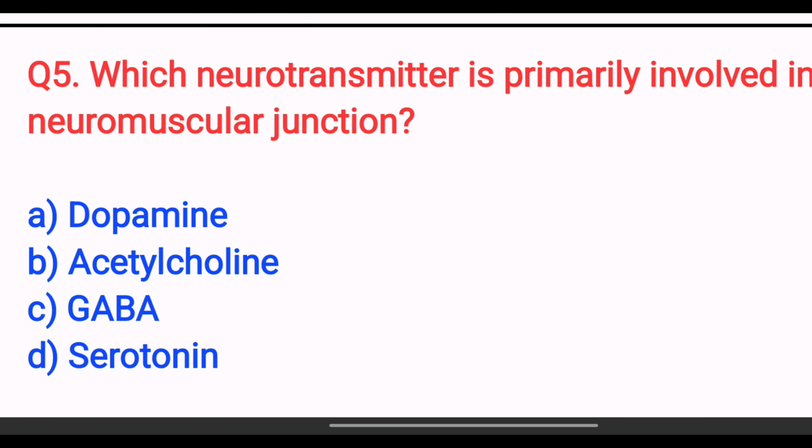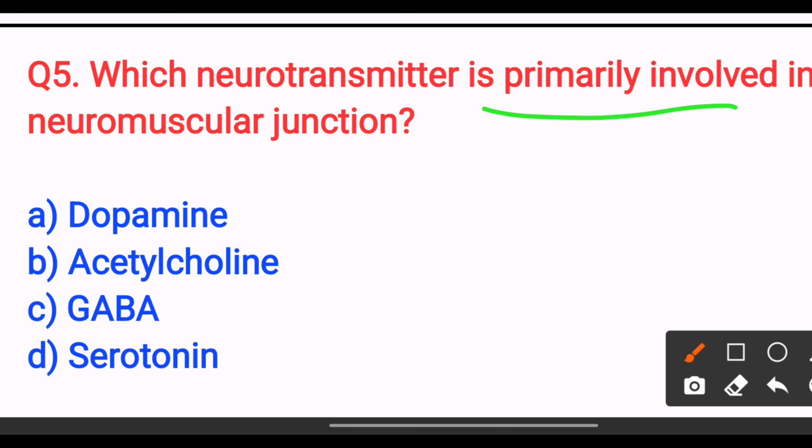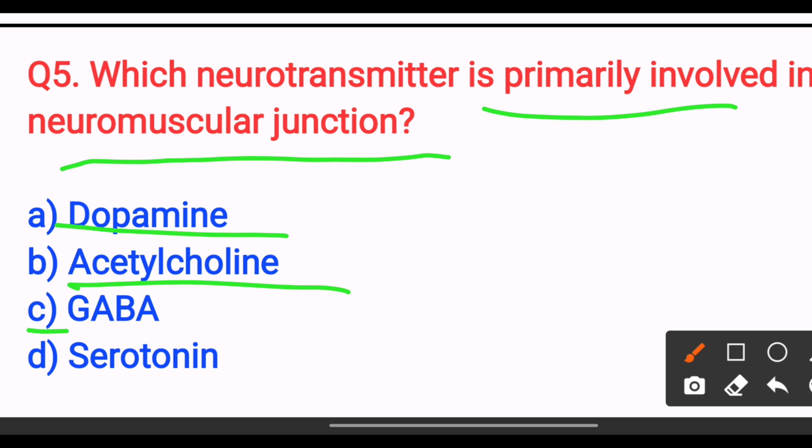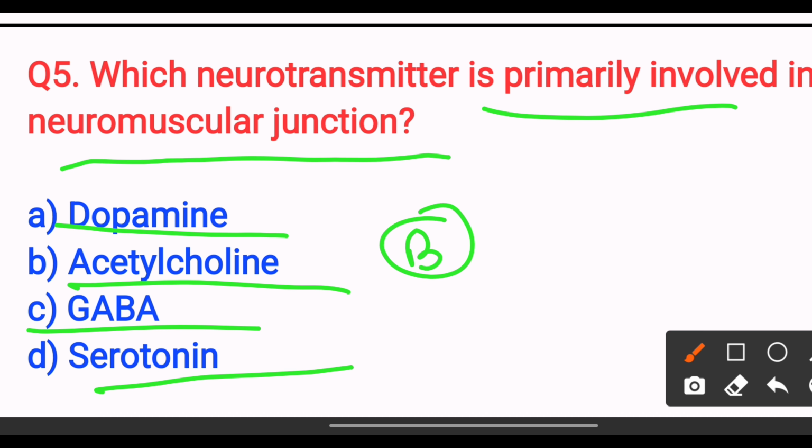which neurotransmitter is primarily involved in the neuromuscular junction? Option A, dopamine; option B, acetylcholine; option C, GABA; option D, serotonin. The answer is option B, acetylcholine. Acetylcholine is the main neurotransmitter at the neuromuscular junction. Next,